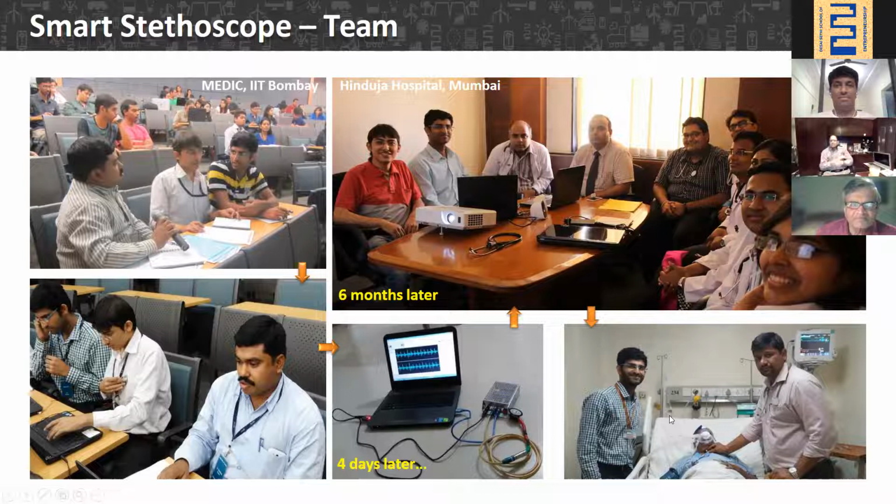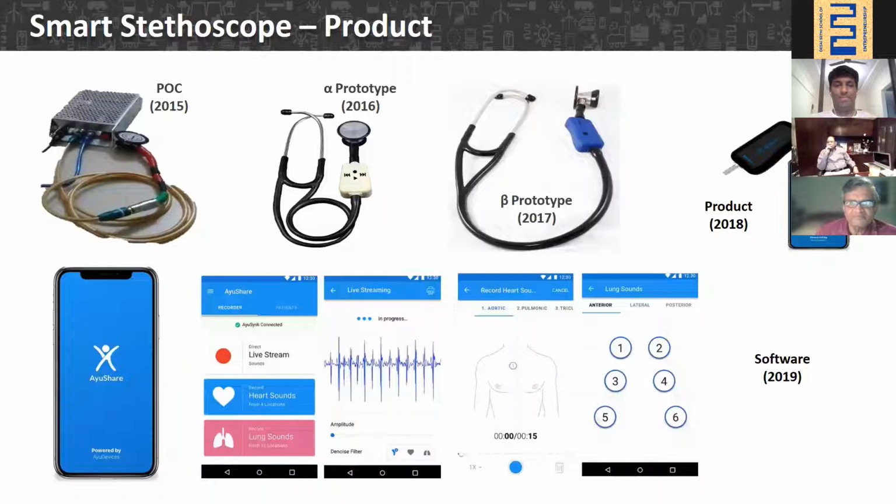So this is us in Fortis Hospital, where a doctor was using our device for auscultation of heart and lungs. This is the device that we made in 2015, and in January 2016 we joined the lab. This was an alpha prototype,